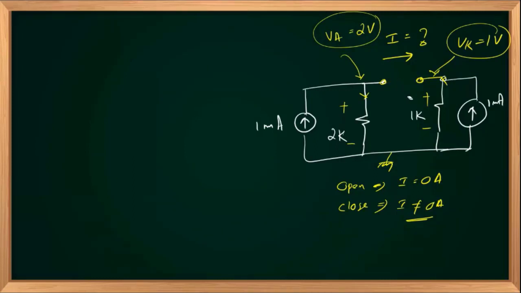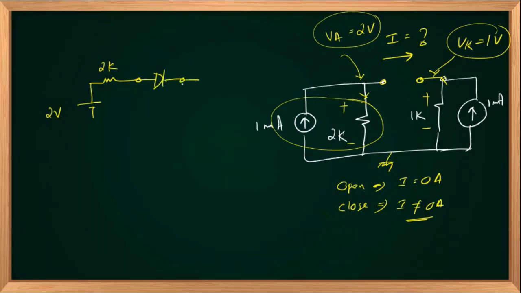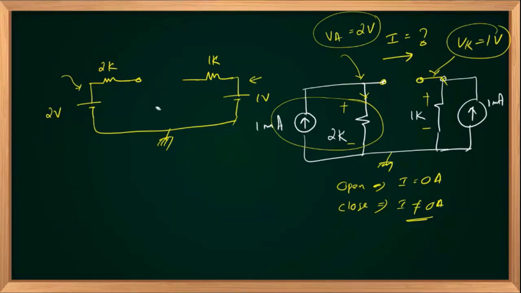Or the other way, you can convert this current source in parallel with the resistance into an equivalent voltage source, 1 multiplied by 2, 2 volts, in series with the same resistor here, 2K. And you have the diode connected here. Similarly, in the other circuit, 1K into 1 milliampere, 1 volt, in series with the 1K resistance, using source transformation. It is clear that this potential is larger than this, so the diode turns on and acts as a short circuit, and